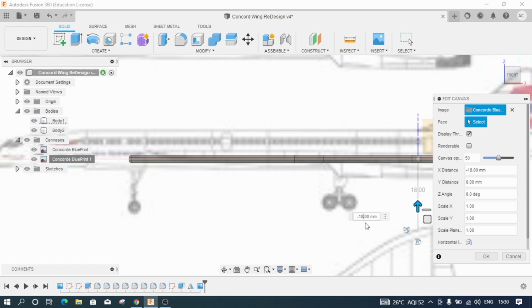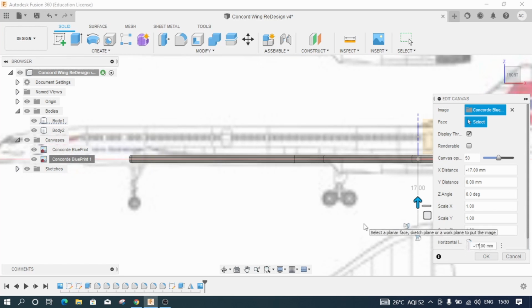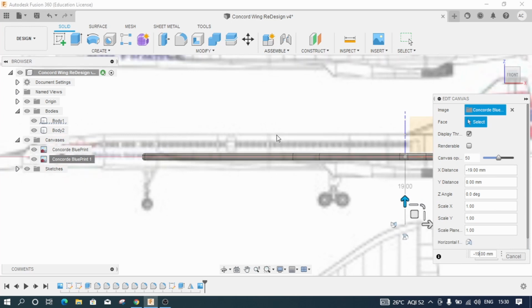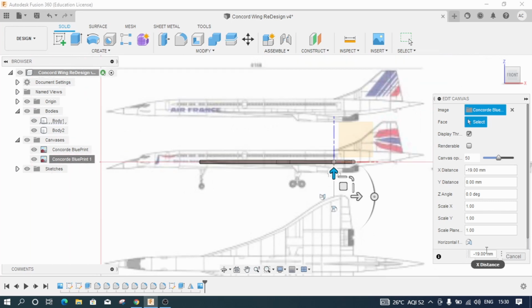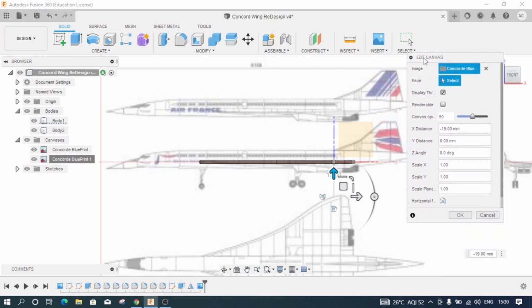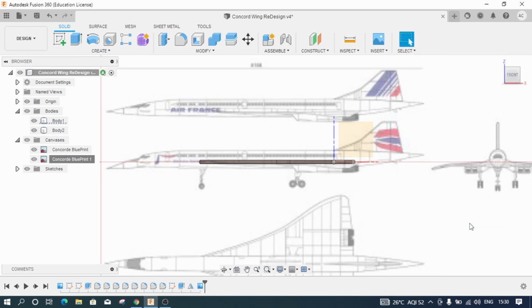Let me enter 19 or 17. Okay, let me enter 19, and this level looks fine for me, and I will click on OK. I will drag this and click on OK. And now I will save this so that I will not lose my changes.